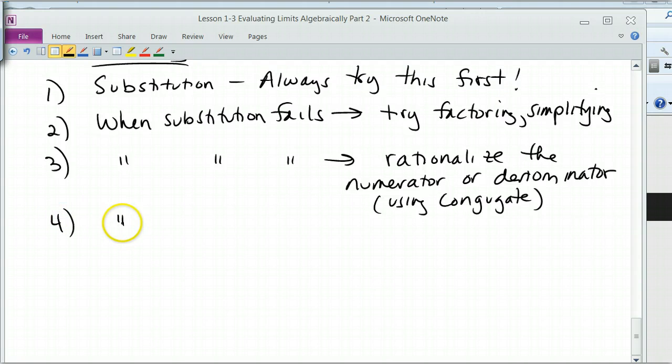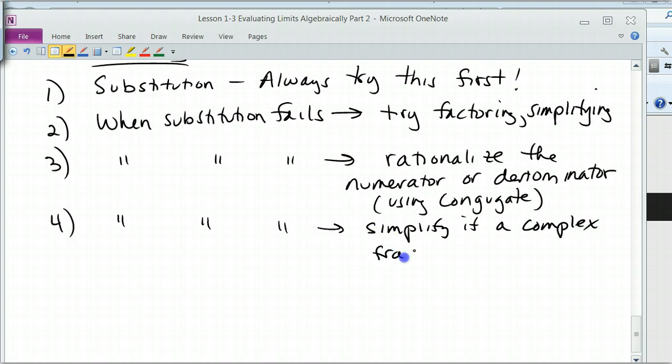Number 4, when substitution fails, simplify if a complex fraction. Alright, so always try substitution first. Sometimes when students start doing the homework, they forget about that. When substitution fails, try factoring and then simplifying, or rationalize the denominator and numerator by using the conjugate, or simplify if